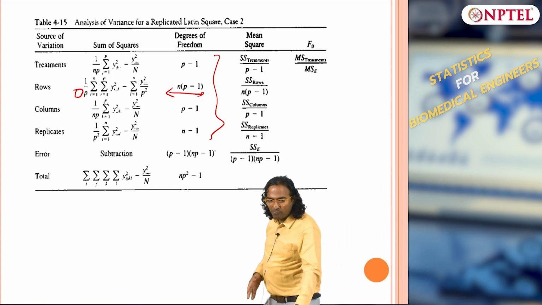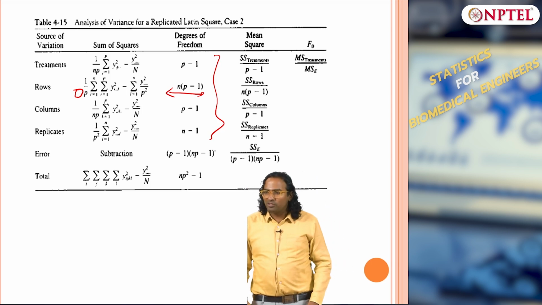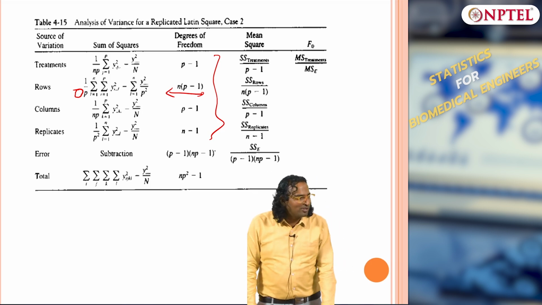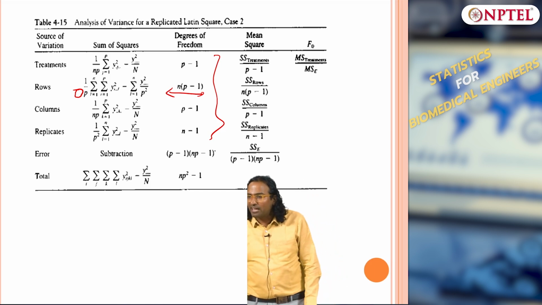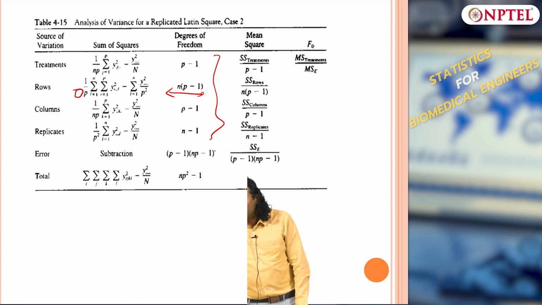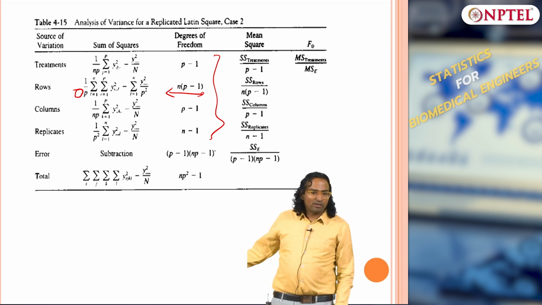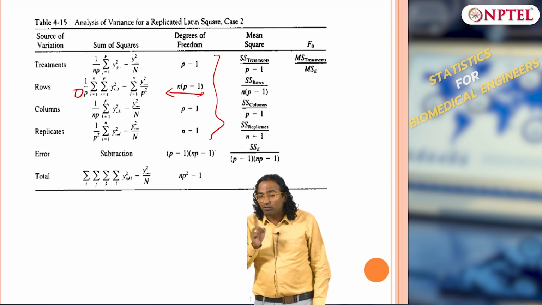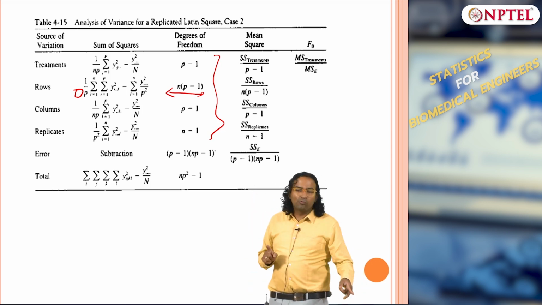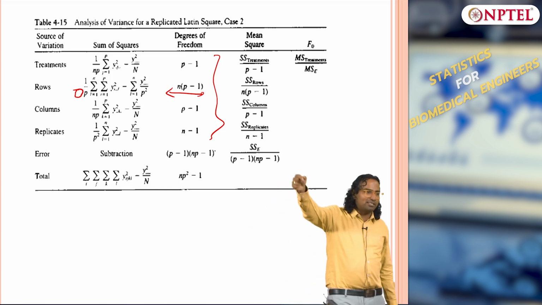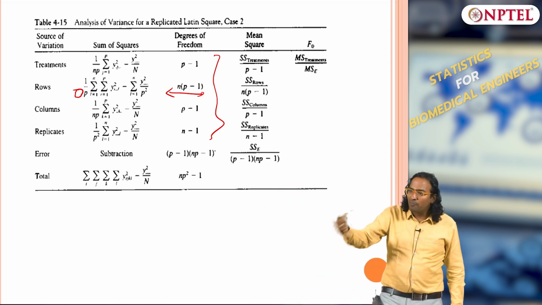So the ANOVA is the simplest, but ANOVA never happens. Although in papers you will see ANOVA, it is what you do not want, the simplest of all. What will happen? You will have more factors and there will be factors that need to be blocked. Then RCBD, and if there are multiple, then you come to Latin square. Anywhere you are able to, you need to replicate. Okay. When you start replicating, this is not just true for Latin square, I can do replication in RCBD also.